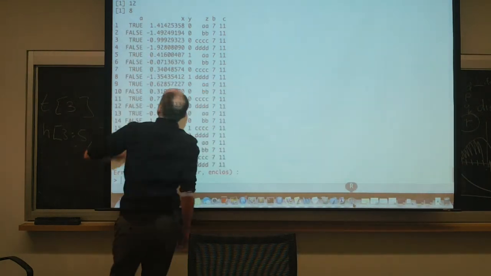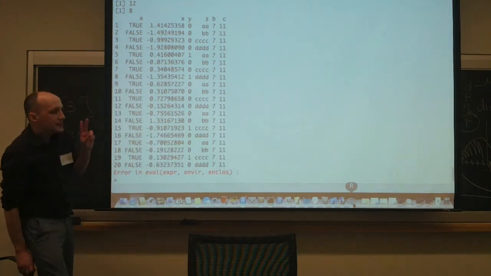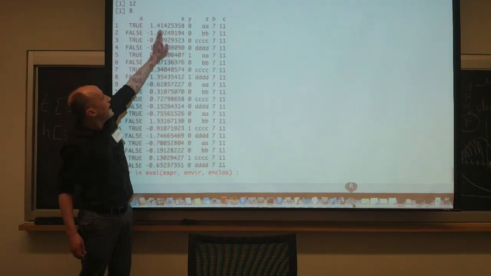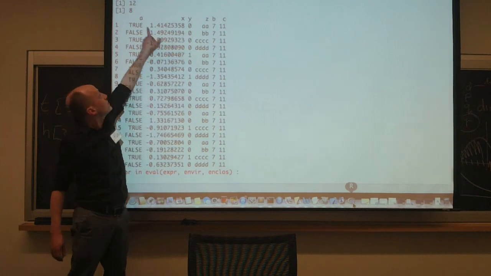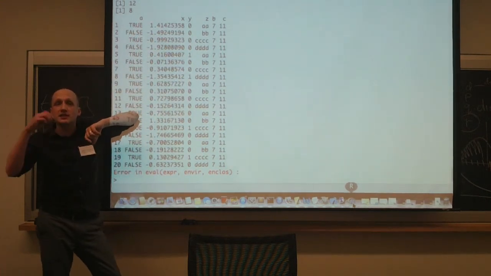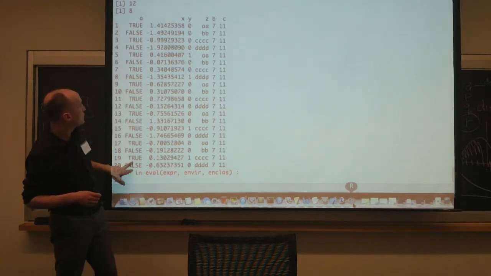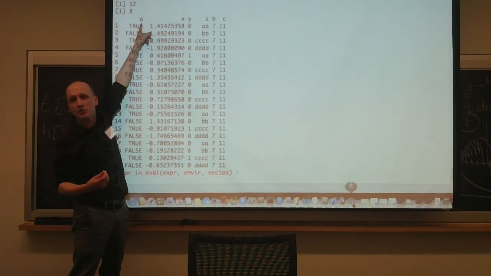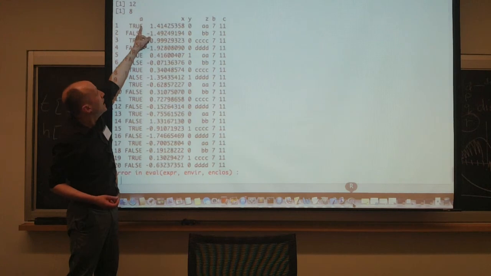Again, it's got rows, it's got columns. Something that's slightly different about a data frame is that the columns might have column numbers, but they also have names. So I put objects into my data frame called A, which was a bunch of true falses, and that column got a name. Matrices don't have column names, or if they do, they're not nearly as useful. Data frames do.